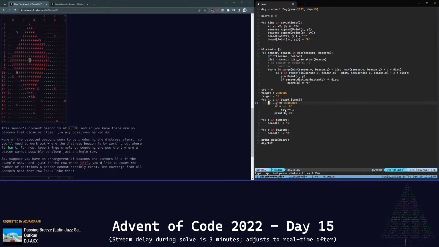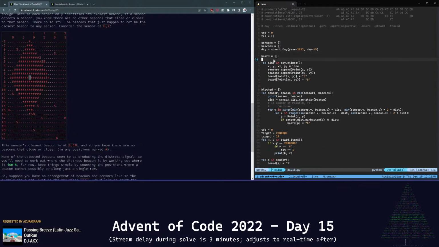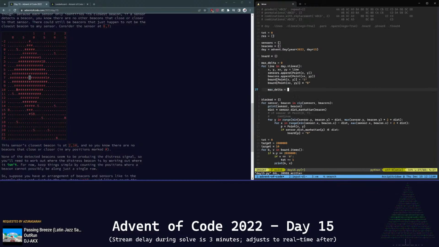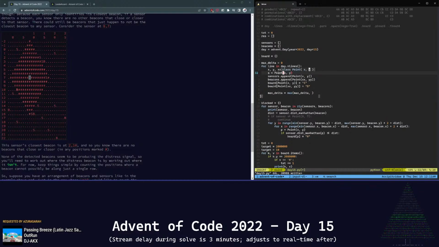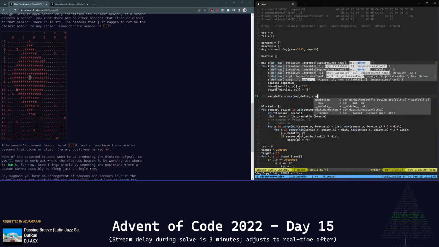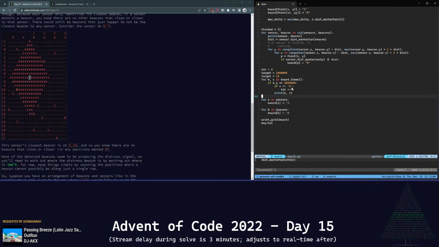Do the inverse problem, right? So for x in range, so it'll be